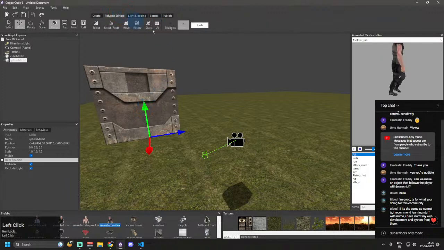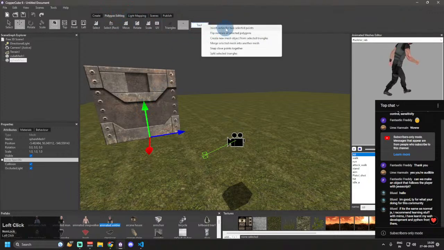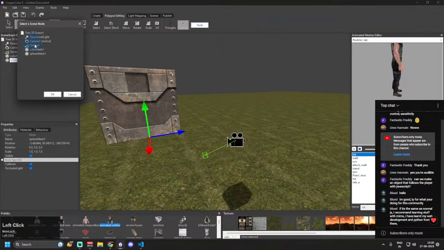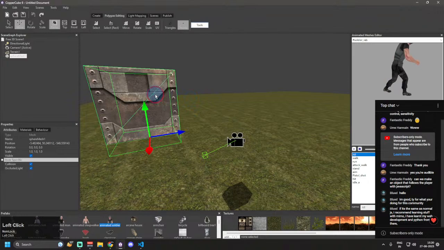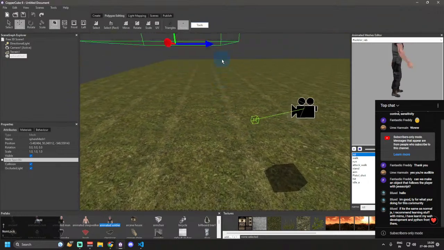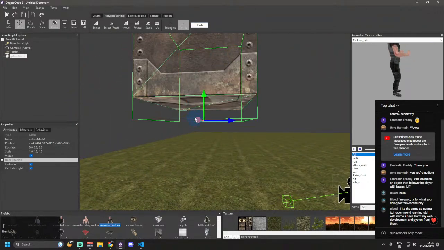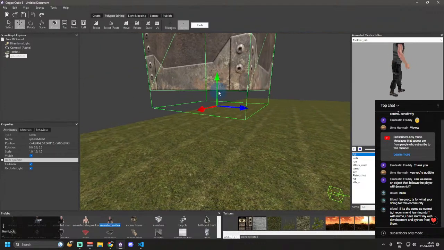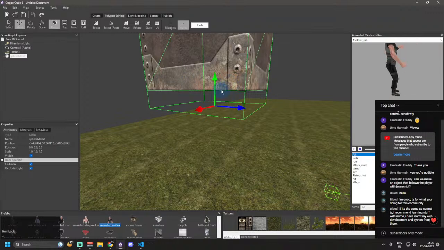And now if I go to polygon editing tools and then merge selected mesh with another mesh, we are going to select our cube mesh. And now you can see our cube mesh has this pivot point here,